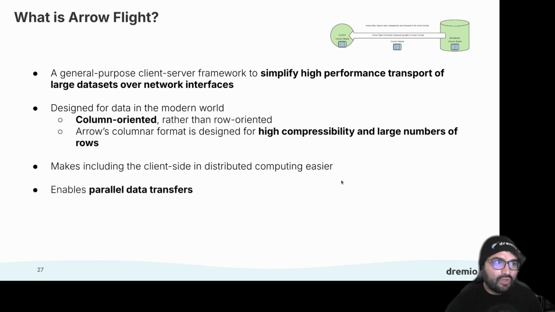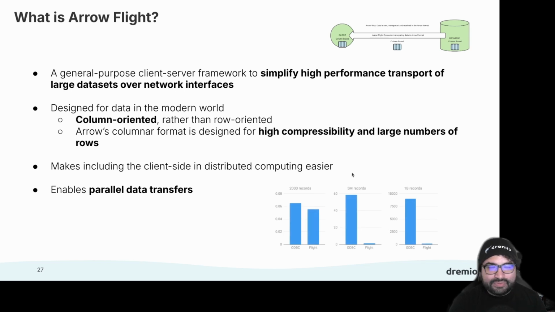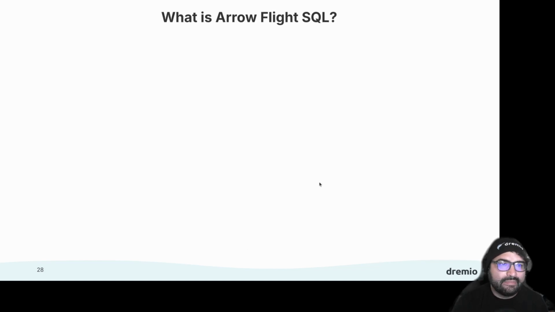This has been enhanced even further in a newer protocol called ADBC, which is like JDBC, but a columnar JDBC. You can have different drivers for different tools to transfer columnar data, whether it's Arrow or not. Overall, this project keeps trying to figure out how to move that data faster and faster. You can see in this example that the more rows you transfer from one machine to another, the bigger the difference this makes. With 2,000 records, it's not a big difference. But when you get to millions and billions of records, using Flight can make a huge difference in the performance of getting that data where it needs to be.